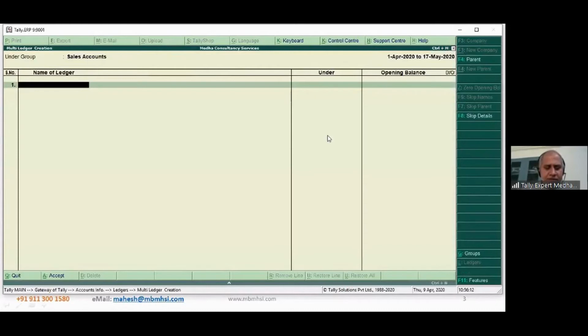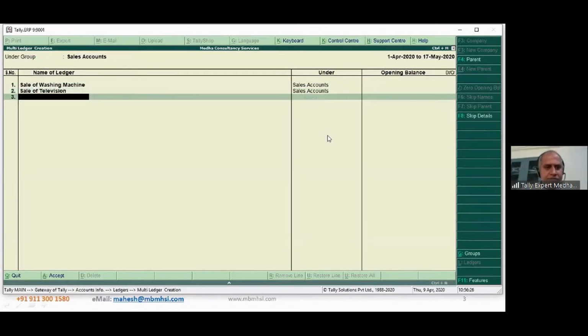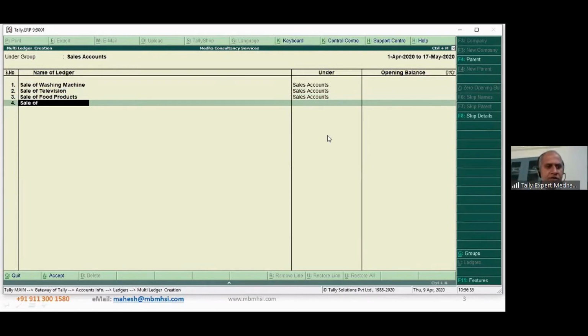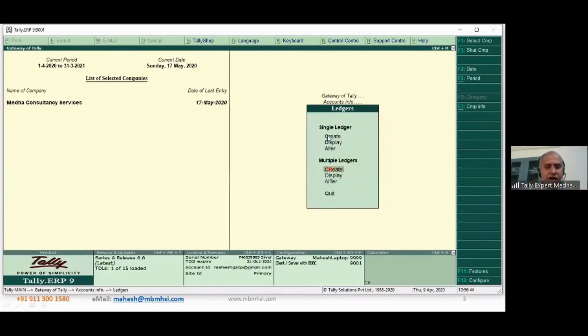So I'm saying sale of washing machine, sale of television, sale of food products, sale of mobile phones. So I want based on this category, this ledger. Now once when I have this ledger,